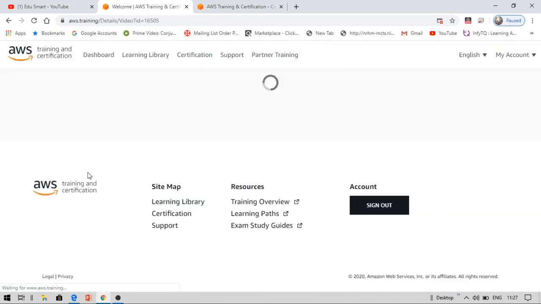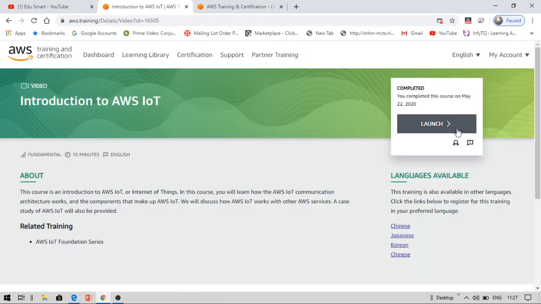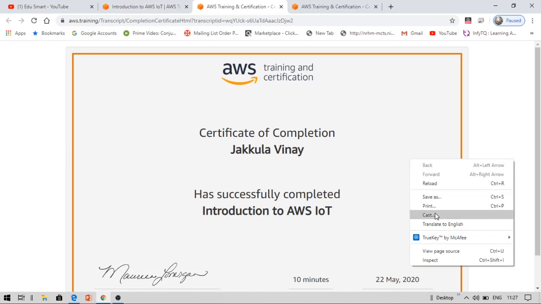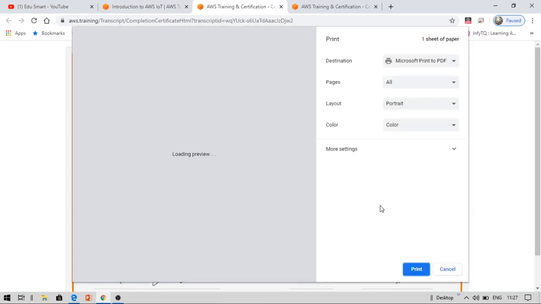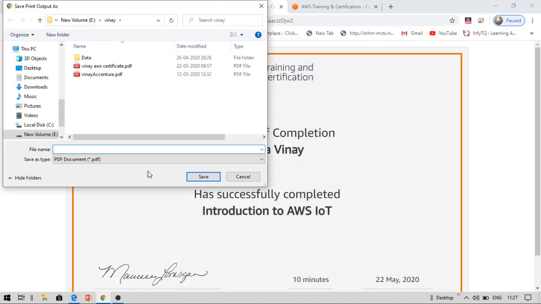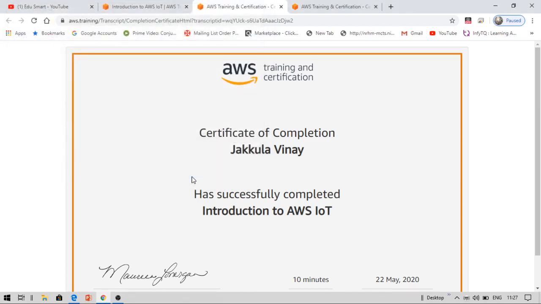Now this one was also recently completed. You completed this course on May 22nd. Just click on the certificate of completion. Now you can see this. Right click here, you can see the print option, or else you can use Control plus P, which will ensure that you are printing this certificate. Now I'm printing this, and it will make sure that I have got this certificate for free. I'm saving this. You need to give a name for this. I'm giving something like IoT, since this course is about IoT. Now click on save. This will save your certificate. That's it. You are getting your certificate in the form of a PDF.